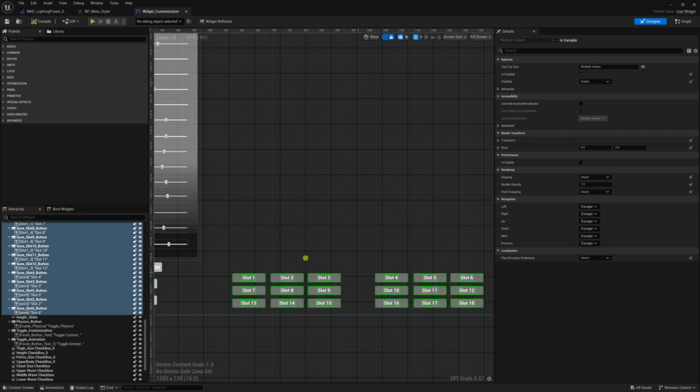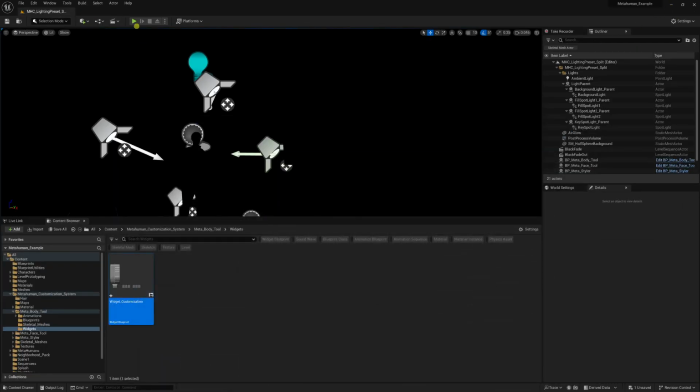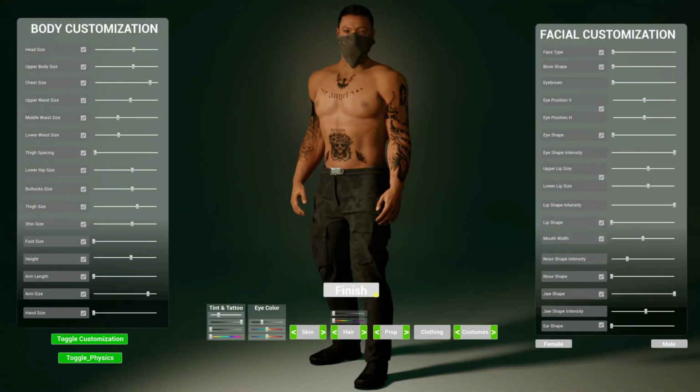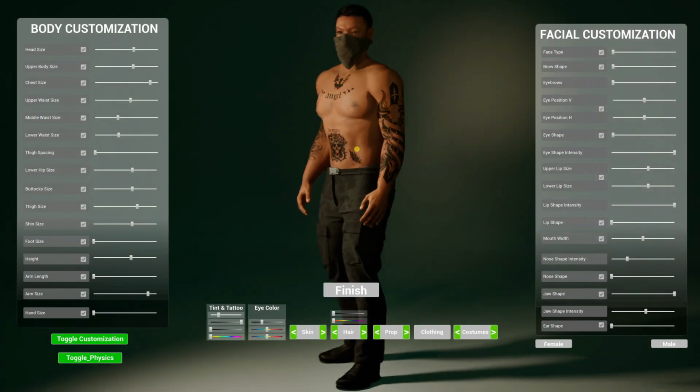So let's select all your save slots, and this is your choice. You can do it if you want, you don't have to. Set everything to collapsed. I've left mine on slot 7 because I'm going to be using the character on slot 7 as my main character, but you can leave it on slot 1. The main point is we're going to hide the save slots. Set them to collapsed. You can change it back anytime by highlighting them and setting them to visible, but now what we're going to get is no save slots. We just have a single customizable character,